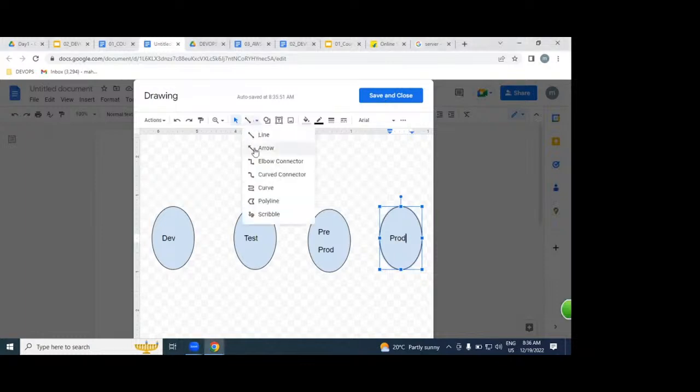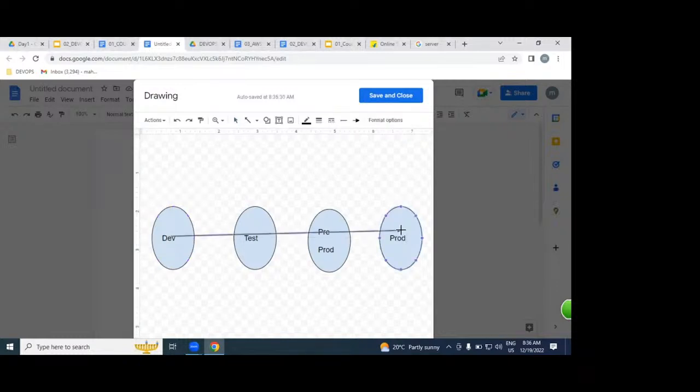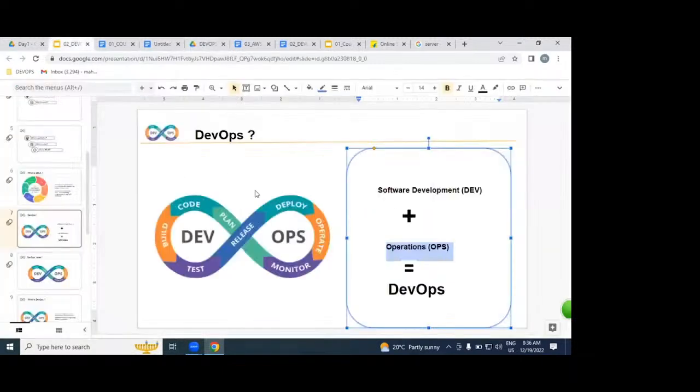But my point is, as a DevOps engineer, our roles and responsibilities start from where? Dev environment. Ends where exactly? Production. It's nothing but operations, guys, please. So as a DevOps engineer, our roles and responsibilities start from dev environment and end with operations. That is the point I want to discuss with you.